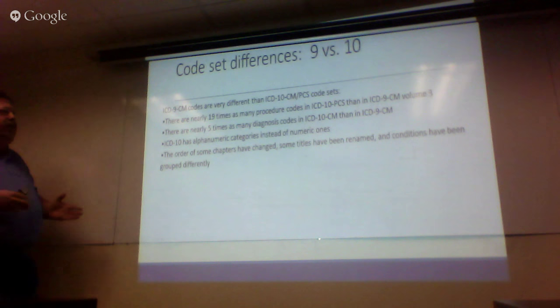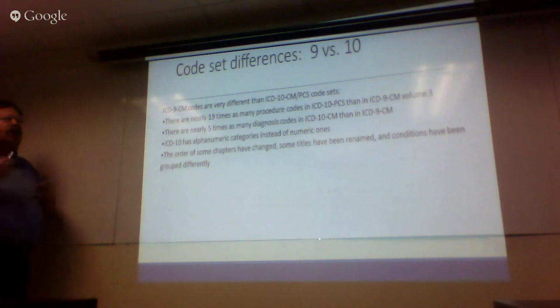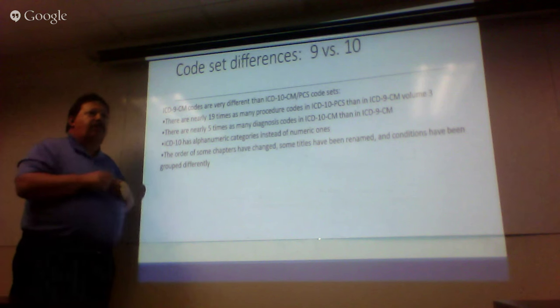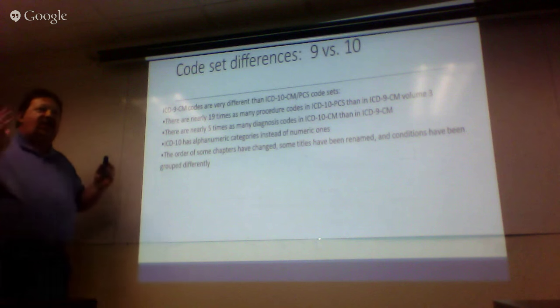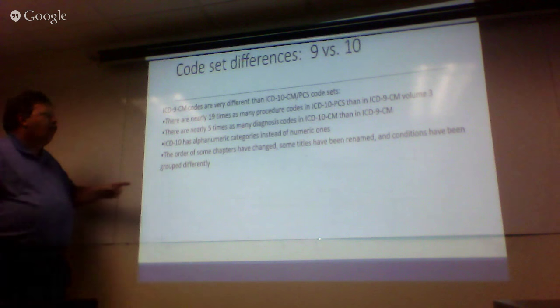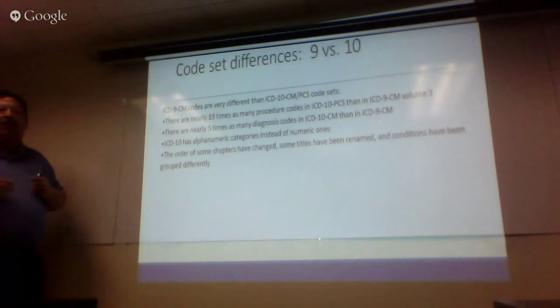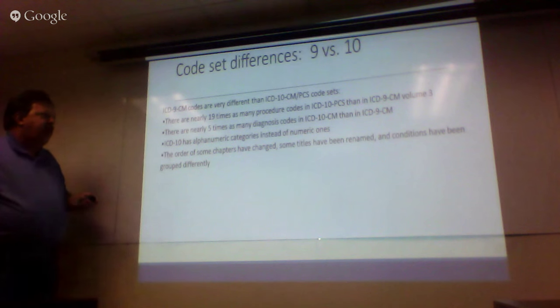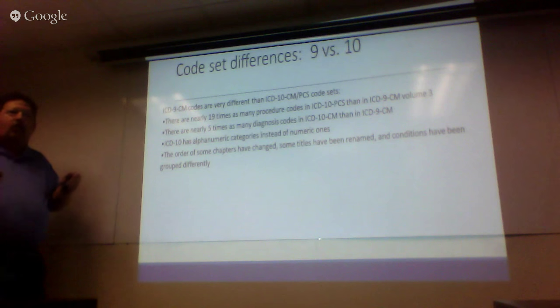So let's talk about some good things. ICD-9 to 10 changed 19 times as many procedure codes. Only about 4,000 in ICD-9, 70,000 in ICD-10. So from 4,000 to 70,000. Huge jump. 5 times as many diagnoses, going from 14,000 to about 70,000. Huge jump in the number of codes. Alphanumeric instead of only numeric. Chapters have changed. We actually added chapters. We didn't develop new illnesses and injuries. We just,